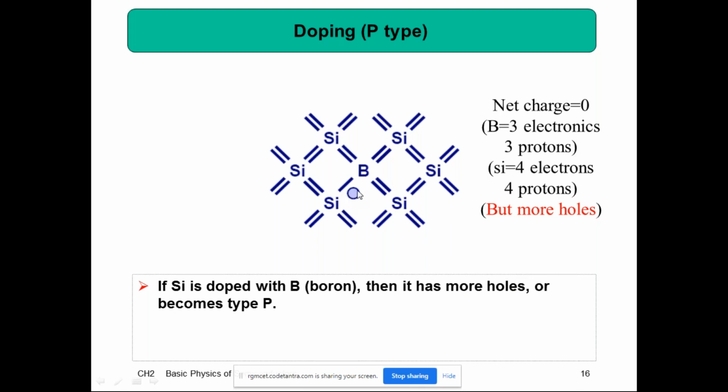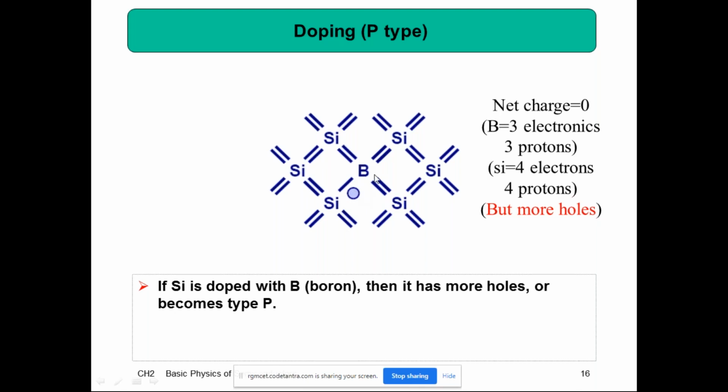Now what happened here? Now all are strongly formed covalent bonds. What about the charge here? Previously the number of protons was equal to 3. But now one extra electron is added here. Okay, the hole is filled up with the extra electron. Now it is a complete covalent bond.